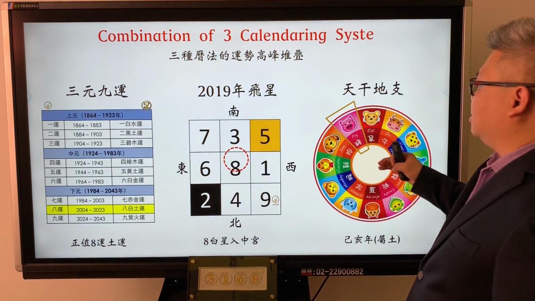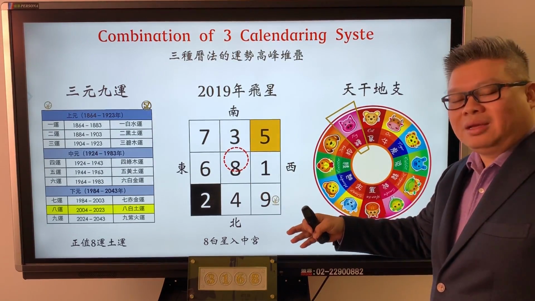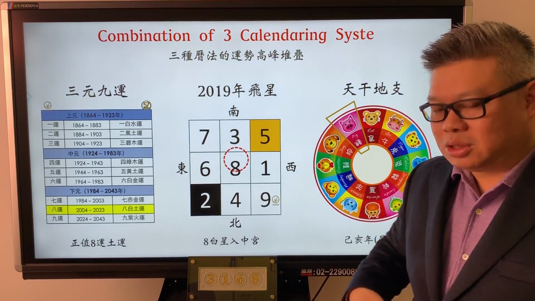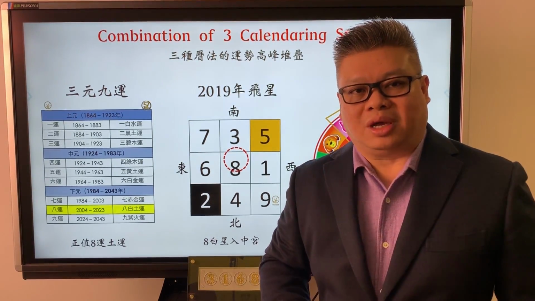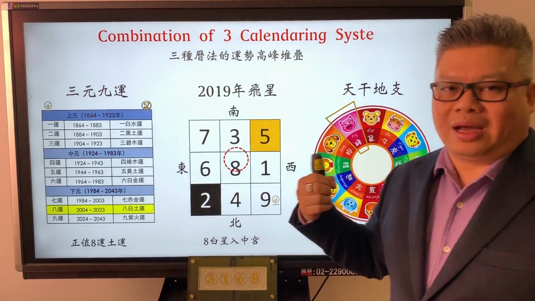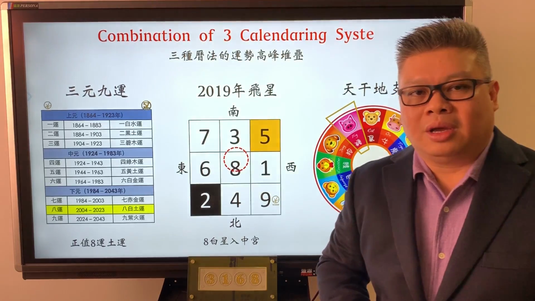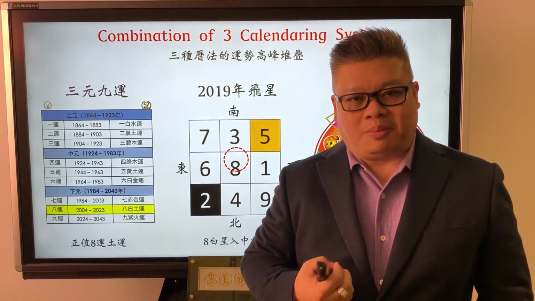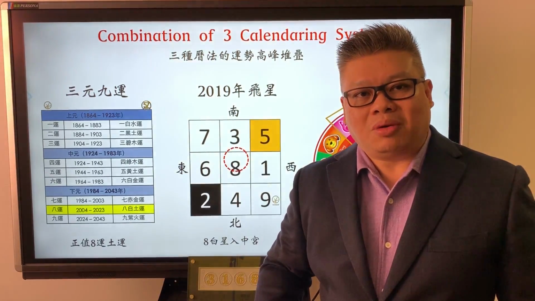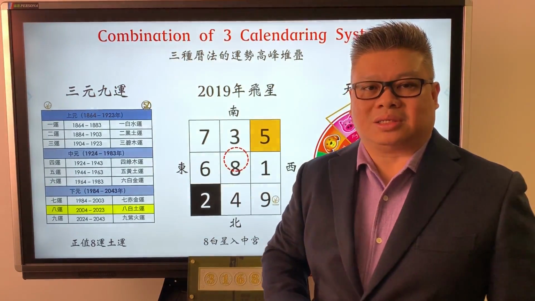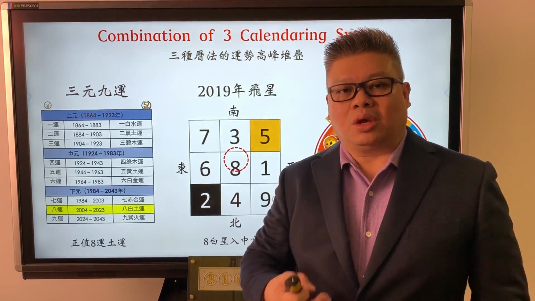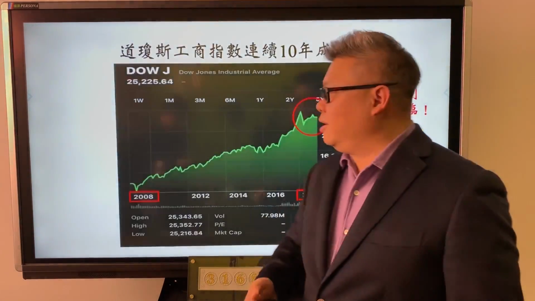You see that the first part is the 9 periods. The second part is the flying stars. The third part involves the 12 Chinese zodiacs, which go from the year of the rat to the ox to the tiger, rabbit, and so forth. Next year is the year of the pig. So the year of the pig, the flying stars coupling with period 8, will be our basis for the discussion and for the application and formulation of what we call the auspicious 8.